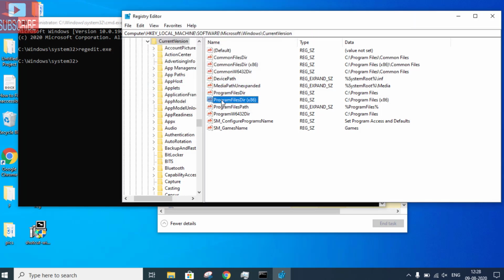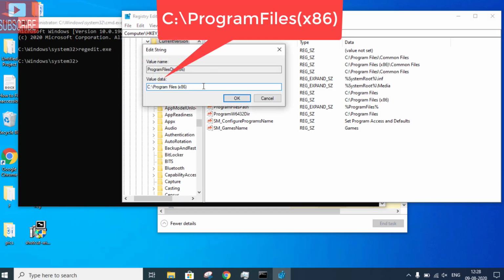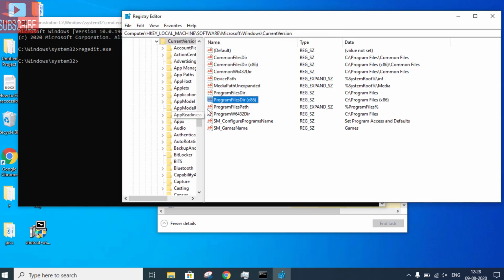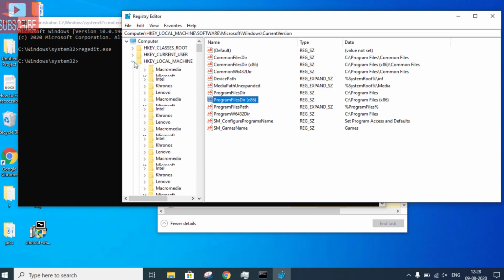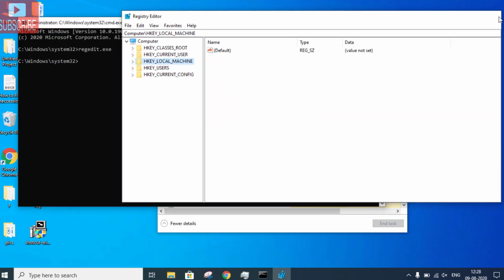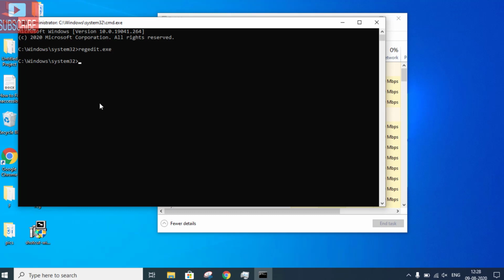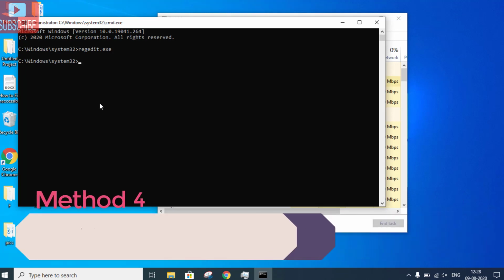And in ProgramFilesDir (x86), open it and again make sure the value data is C:\Program Files (x86). After that, restart your computer and check if the problem is resolved or not. By now your problem must be resolved. If not, we are going to proceed with the last step.